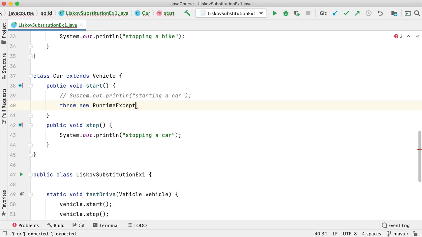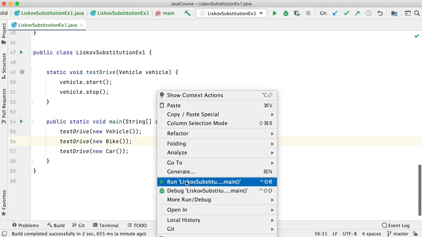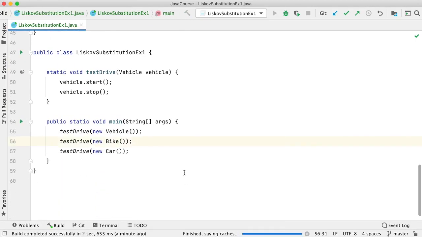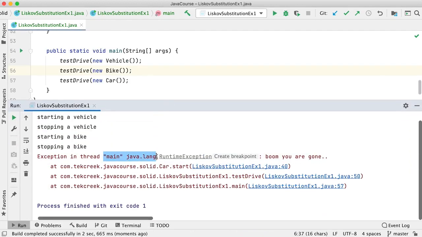So I'll say runtime exception. Boo. Okay, gone. Now suddenly your application behaves in a different way. Suddenly you will see exceptions coming in. This is not what is intended.